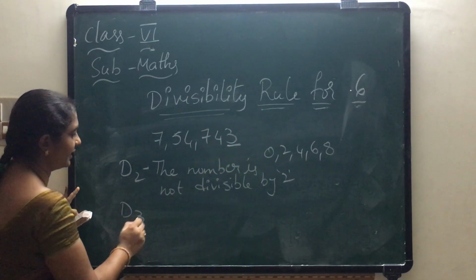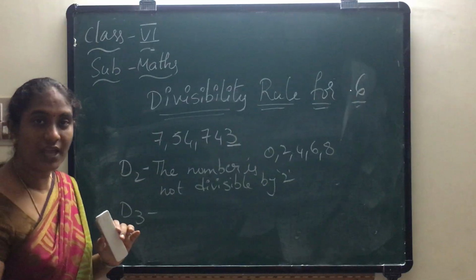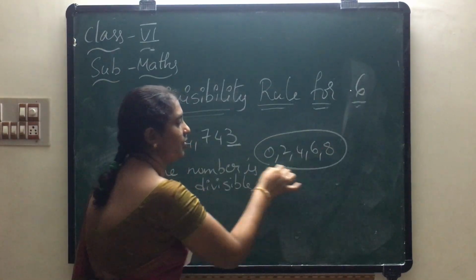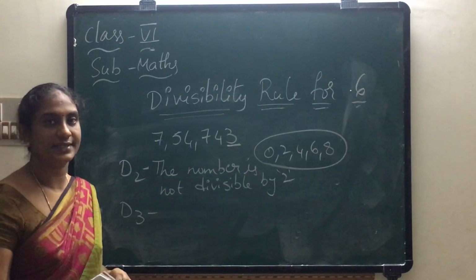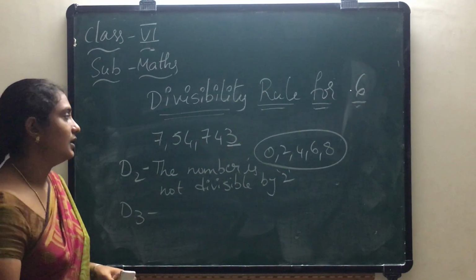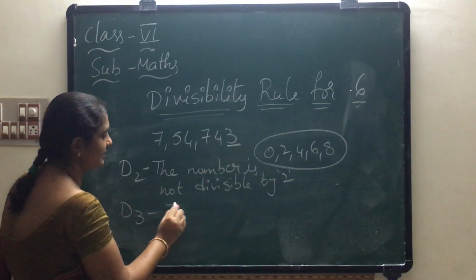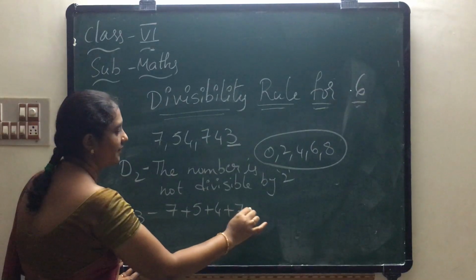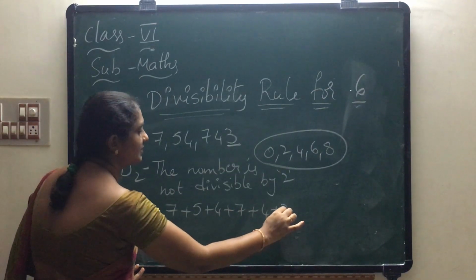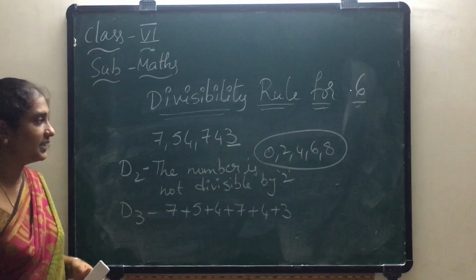Now, check for the 3 table. For the 3 table, what do we have to see? We have to add the digits; the sum of the digits must be a multiple of 3. Now, add all the numbers. 7 plus 5 plus 4 plus 7 plus 4 plus 3. What are the numbers they gave? 7